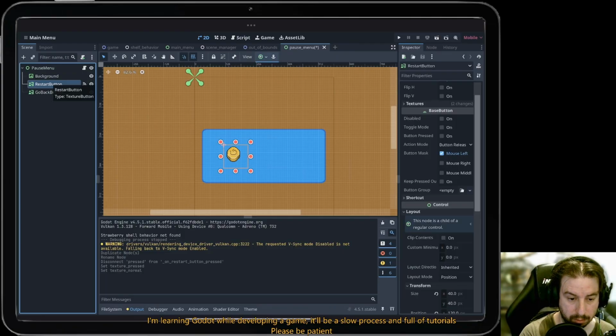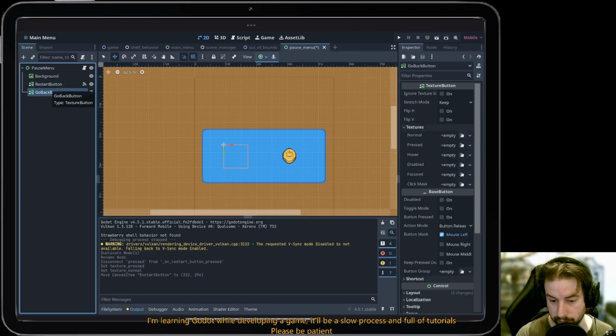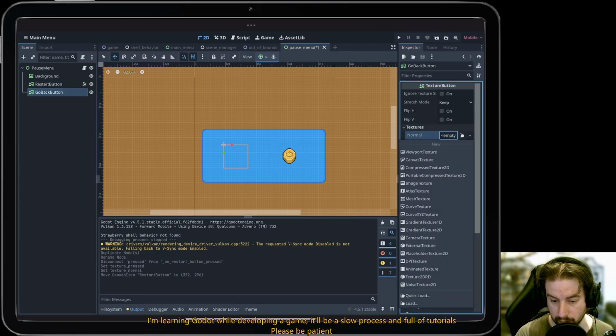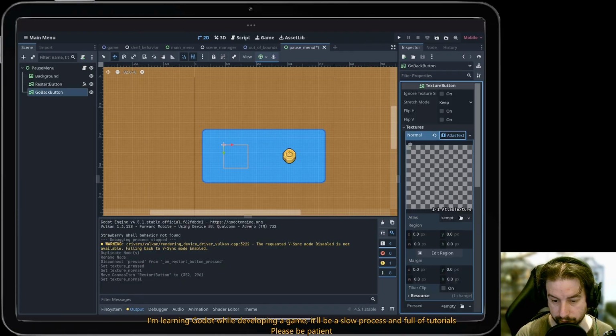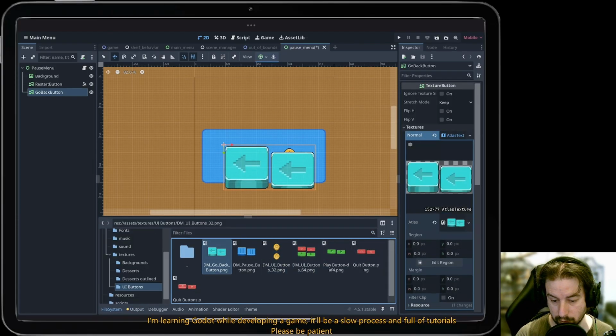The restart button should be moved. Not scale, just move to there. The go back button. We have a new Atlas texture, and this texture here, and